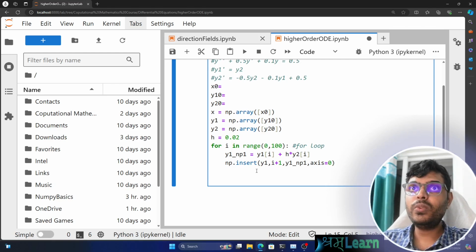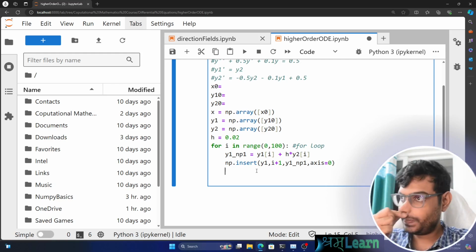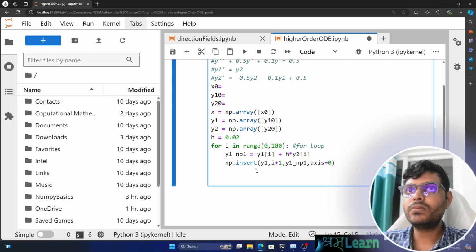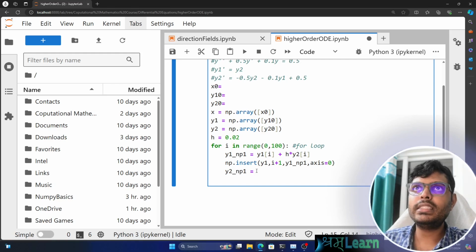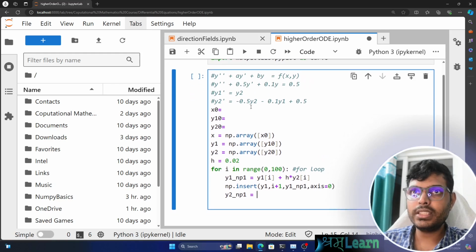Once we have yn plus 1, can we say anything about y2? Okay, no, y2 n plus 1, does it depend on y1 n plus 1? Not really. Okay, so let us see, it depends on yn only. So let us see, y2 n plus 1, np1 means n plus 1. What is this? Let's say we have this differential equation, so this is nothing but y2 I plus h times,